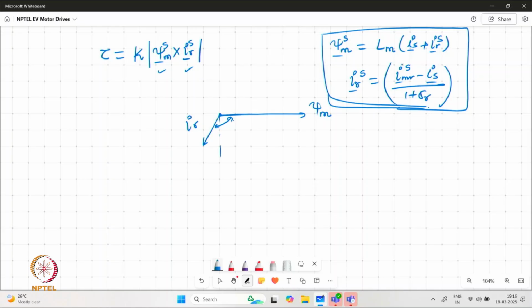So eventually we would want our equation to be realized in terms of IMR and IS. IS can be measured and then IMR can be derived from that. So replacing